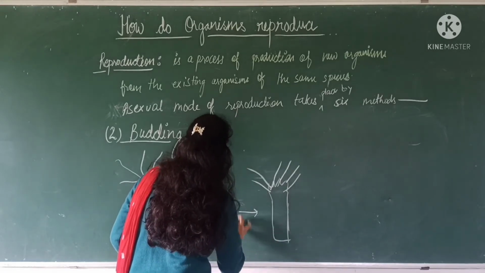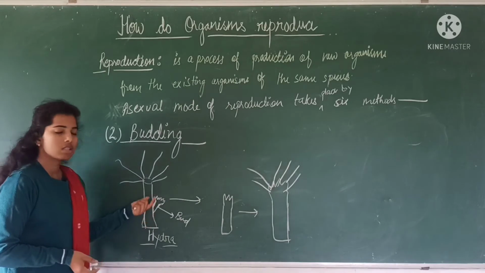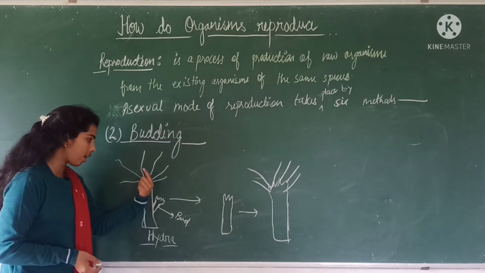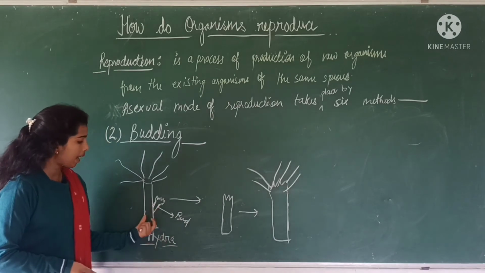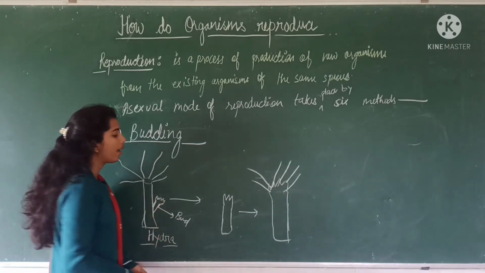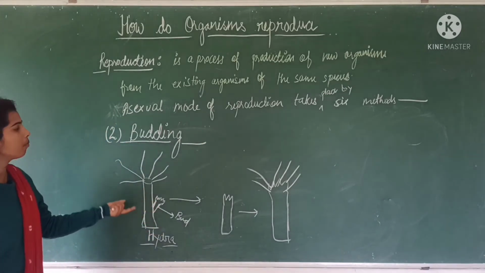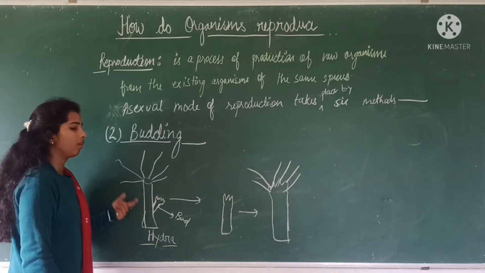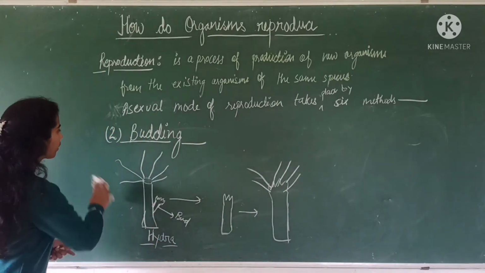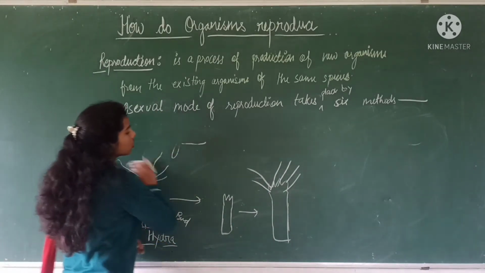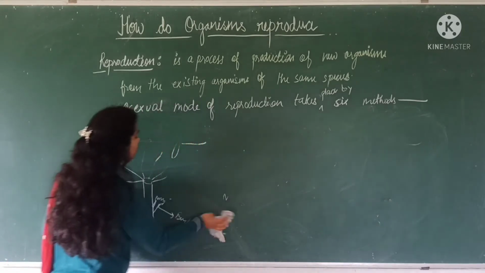From a single parent, the bud forms on the parent body, and after some time the bud detaches from the parent body and a new hydra, the new offspring, a new organism, is formed. This is known as budding. Here the main thing is the bud. Now the next method of asexual reproduction is